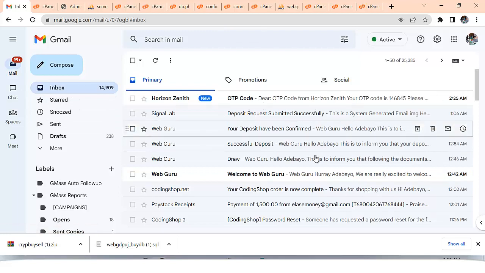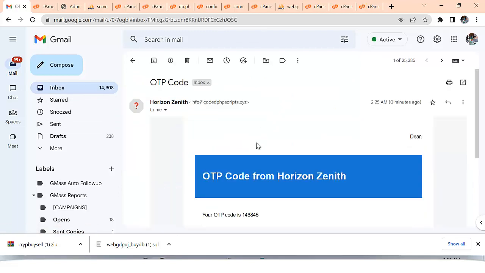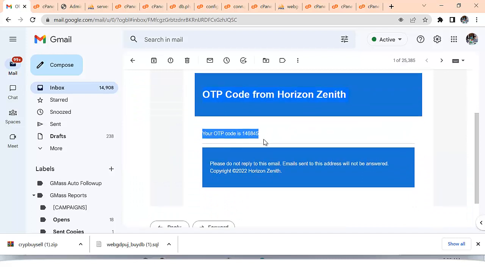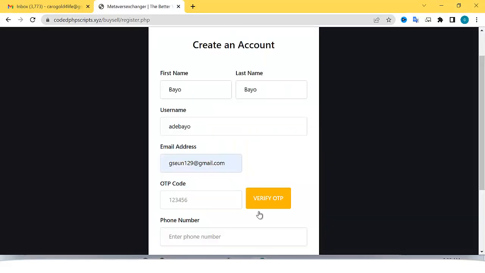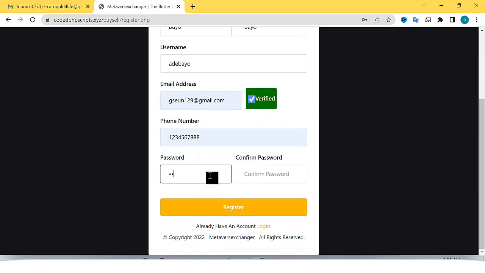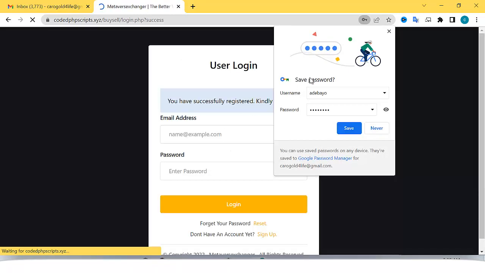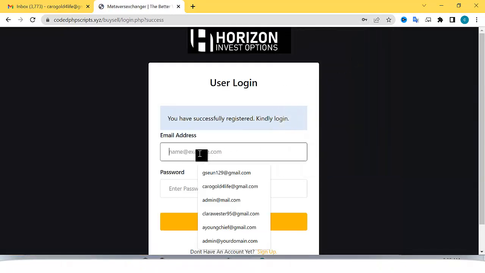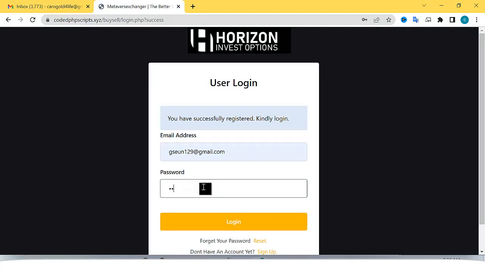So you see the OTP. OTP is sent, so you have to take the OTP and validate the OTP. Also, before you can add your phone number, add your password. You cannot register otherwise, right? So before you can log in,